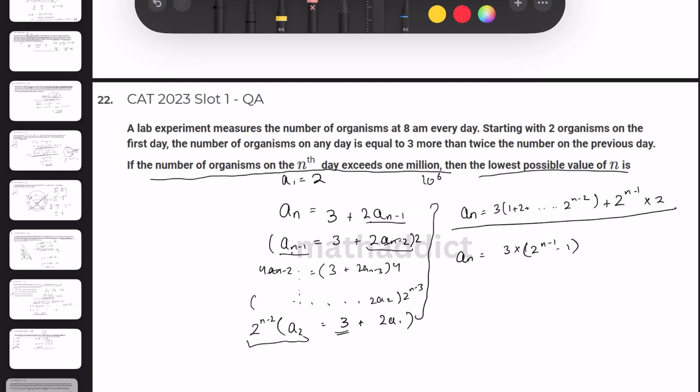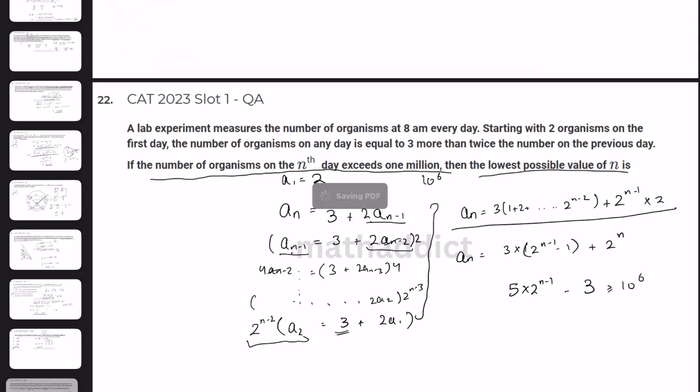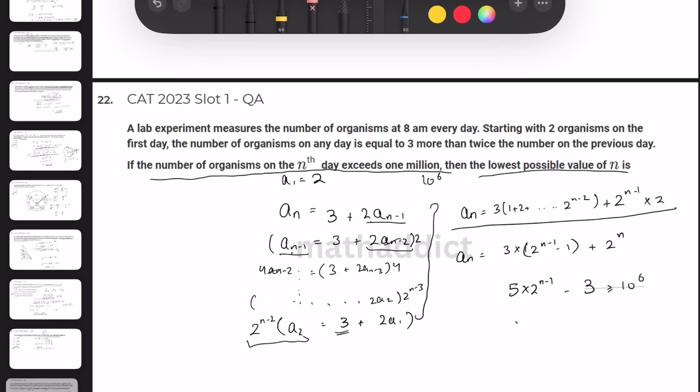So this is 5 into 2 to the power of n minus 1 minus 3. This should be greater than or equal to 10 to the power of 6, which means